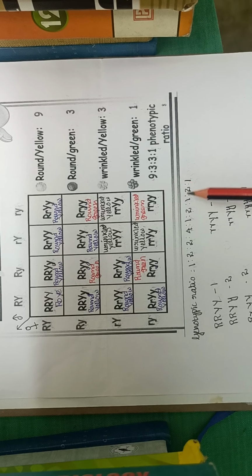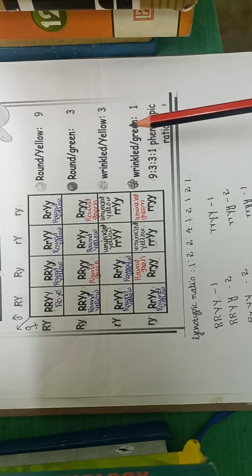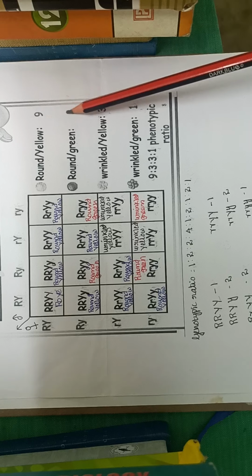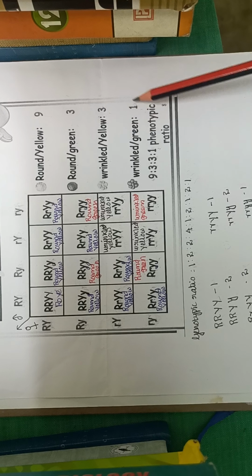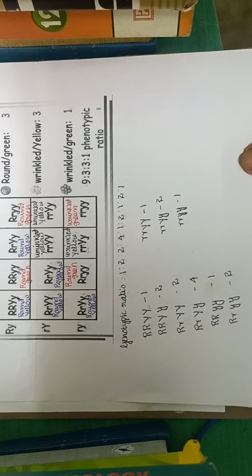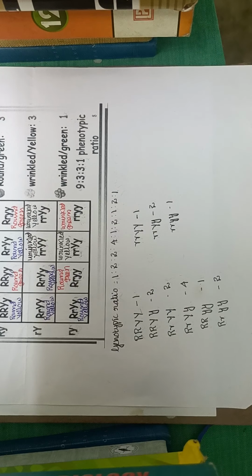Hence, the dihybrid phenotypic ratio is equal to 9:3:3:1. The dihybrid genotypic ratio: what is genotype? The genetic makeup of an individual is called genotype. Okay, so the genotypic ratio is equal to